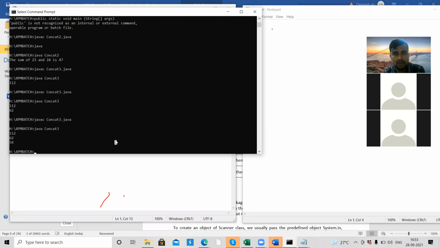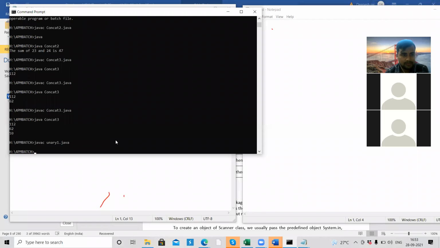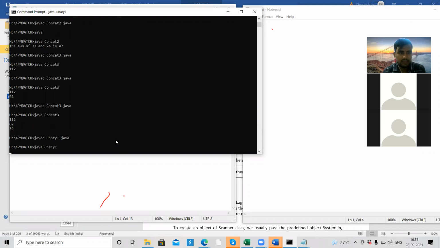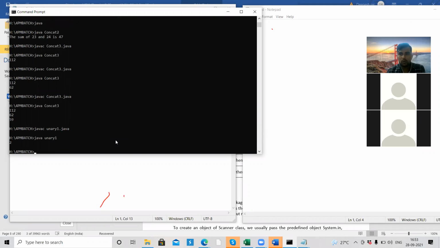That's why the a value is getting changed to 2. If I run it with java, it will print 2. Now when I explain post-increment, you may get confused about how it is happening. So till here it is clear.